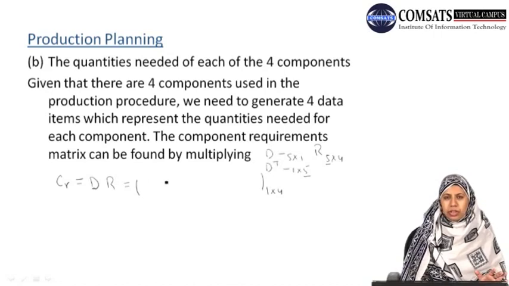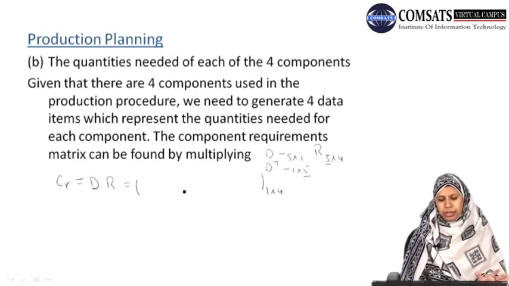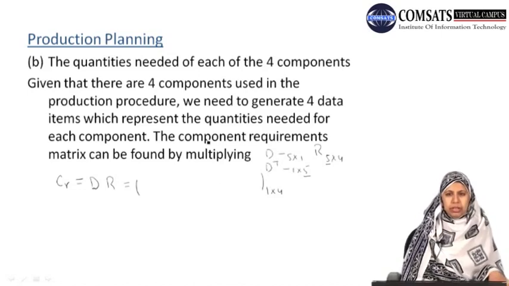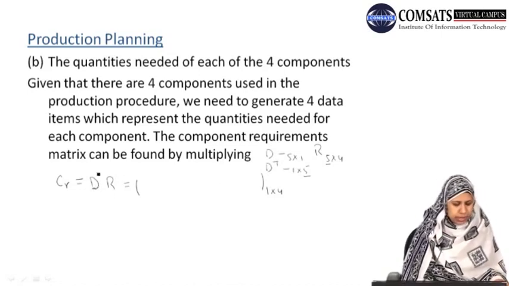That is, the first column will tell us about the number of units required for component 1, the second column for component 2, and so on. Now multiplying these two matrices, D transpose and R,